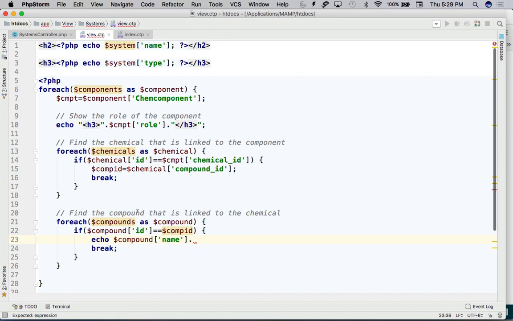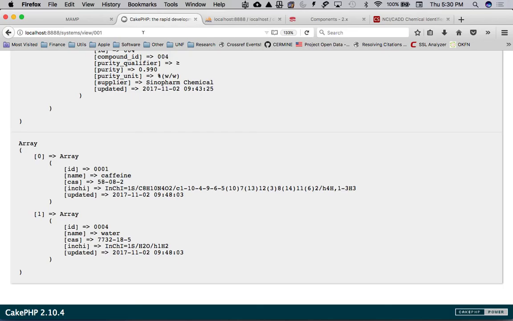Now, what I'm going to do here is change things up. I'm going to cut this out and paste it down here so that it's going to print out this piece. It's also going to print out a colon and a space, and then it's going to execute this code. And finally, when it gets here, it's going to add the name of the compound to the end of the row here, and then finish the tag H3. And if I do that, hopefully